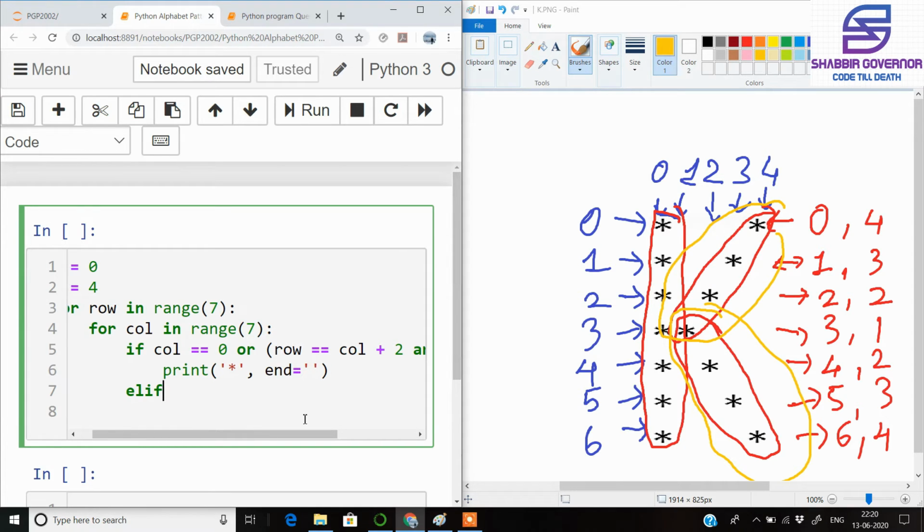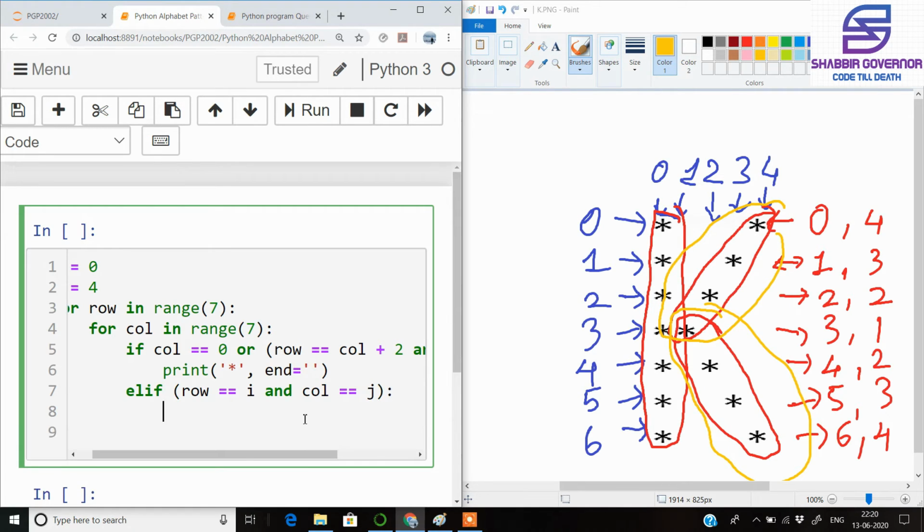Now inside the elif part we write row is equal to i. You must note that the value we have given for the variable i is 0, so initially it will be equal to 0 and the column value will be equal to j, so that will be equal to 4.